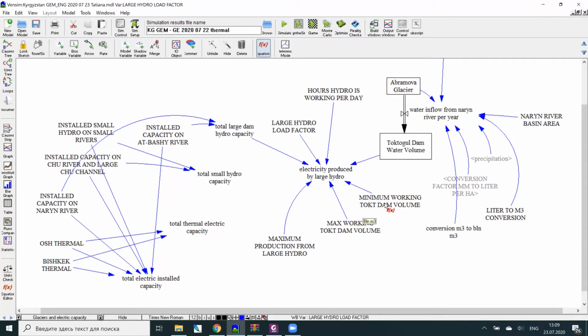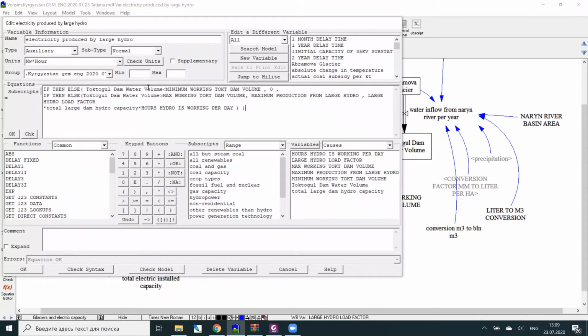And here I have something that I wanted to show. The dynamic I wanted to show is that this Toktogul Dam is the first dam where we collect the water from Naryn River. Its dead capacity is 4.5 billion cubic meters, and maximum capacity is 19.5 billion cubic meters of water. So we have to be in between those. I put the minimum and maximum here. So if the volume in this dam is below the minimum working value, then we cannot produce any electricity. If the water volume is more than maximum, we are going to produce large hydro load factor multiplied by capacity, multiplied by